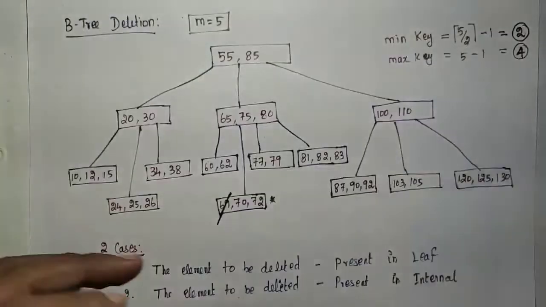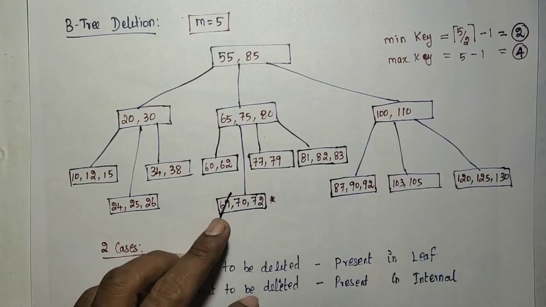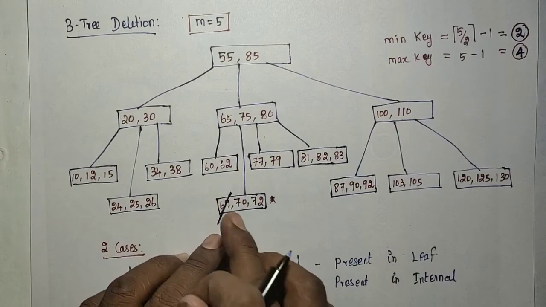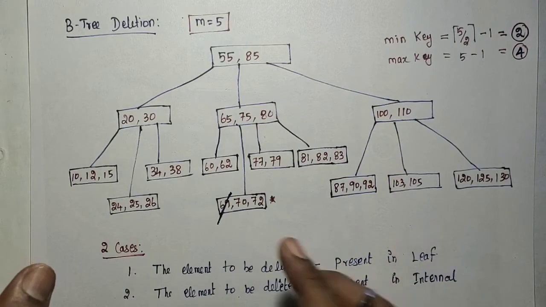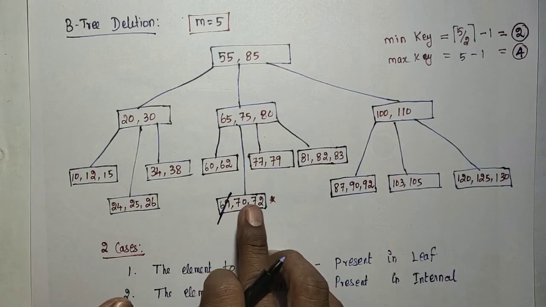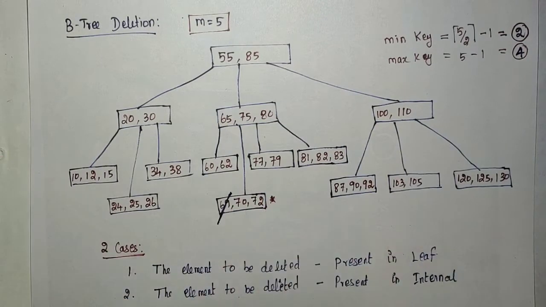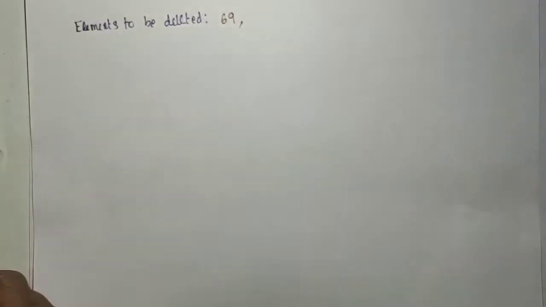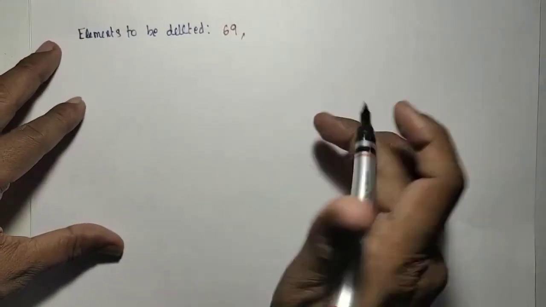We are not deleting any node. Simply we are creating an empty space in that node, so that node contains 70 and 72 alone. Still we can add 2 more elements. Next I am going to delete 34. So what is the node to be deleted next?